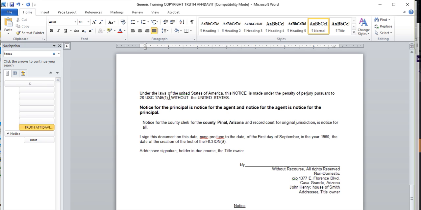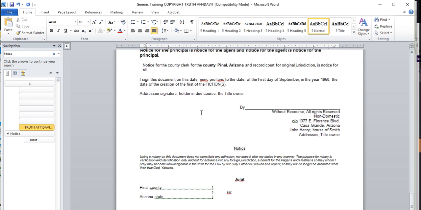I sign this document on this date, nunc pro tunc, to the date, which is the date of birth of the hearsay date of birth, on the first day of September 1960, the day of creation of the first of the fictions. Addressee, signature, account, and due holder, the title holder, and then see, and this is one of the things